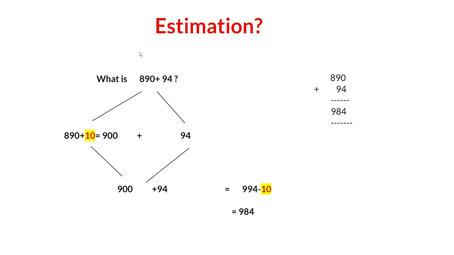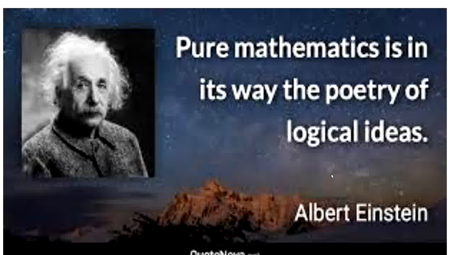But what I would like you to do is finish it in a fraction of a second using mind maths. Whenever you see this number 890, I told you that you have to select the best approach. So 890 plus 10 is 900. Easily you can say 900 plus 94 is 994, and you added 10, so you have to subtract 10. So it's going to be 984. When you do mind maths, you can finish it in a fraction of a second. It won't take much time.